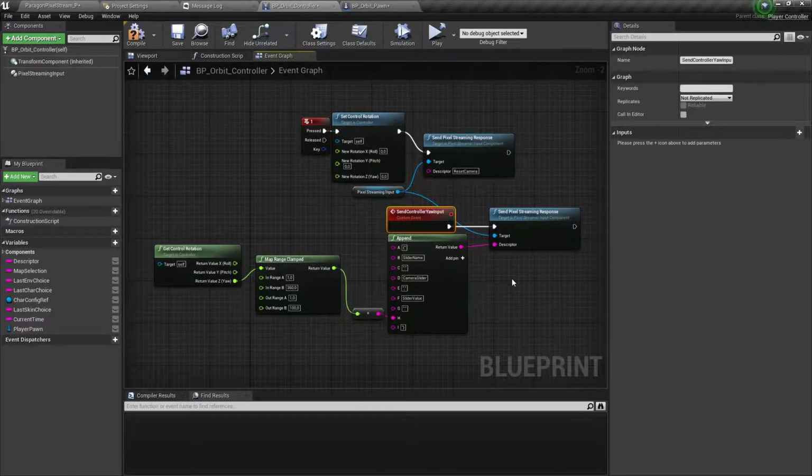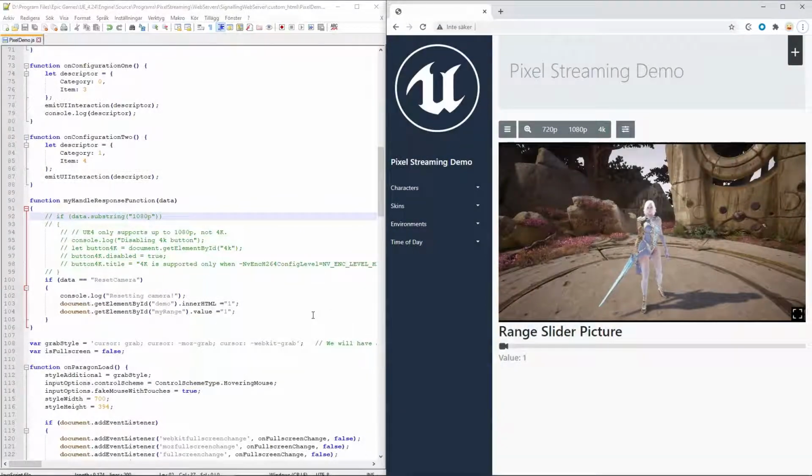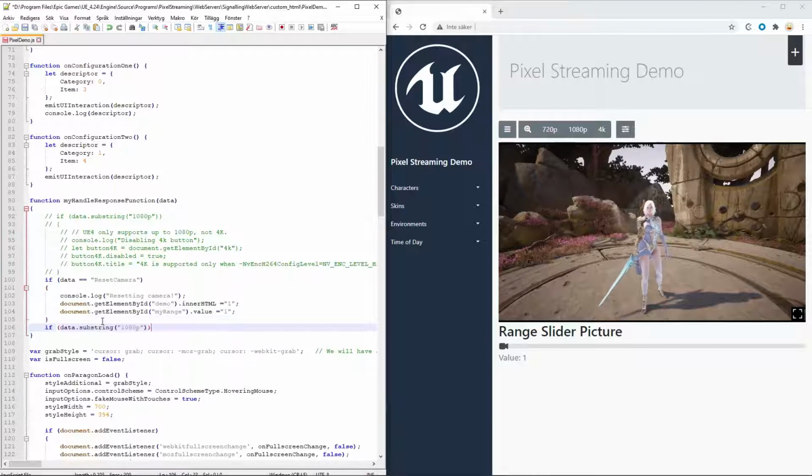Let's do that next. Now back again to the website, I see that we can use something similar like we did for seeing the substring of data. So let's do an if, but in this case we know that we have a value that is camera slider.